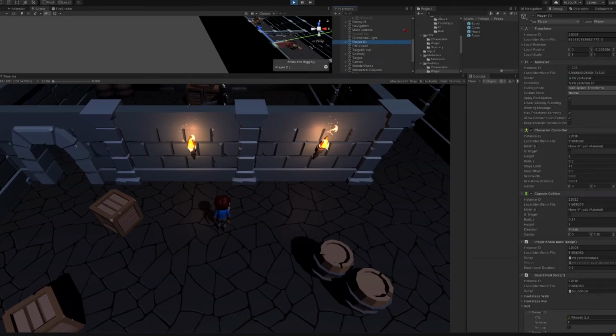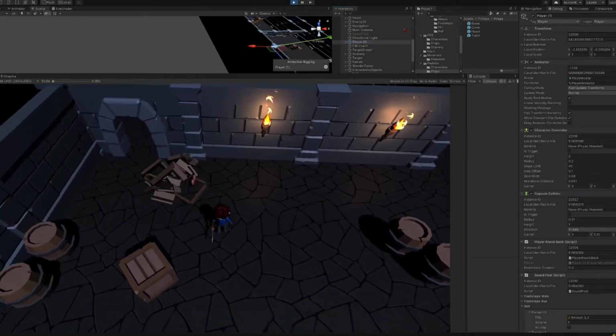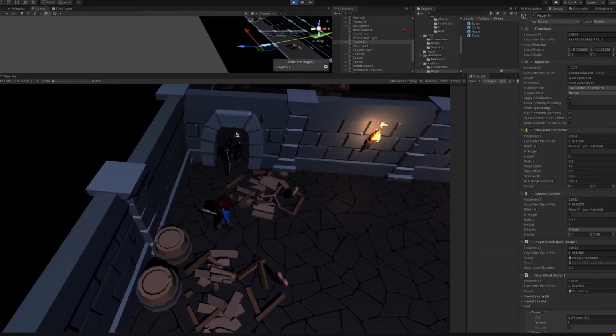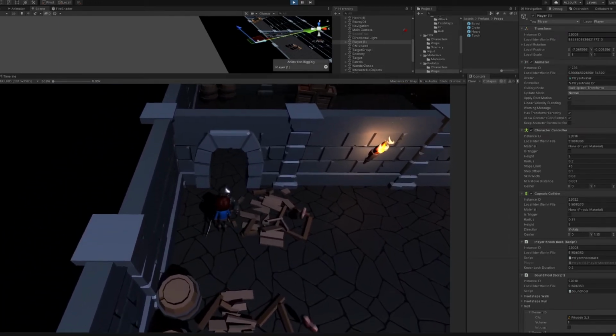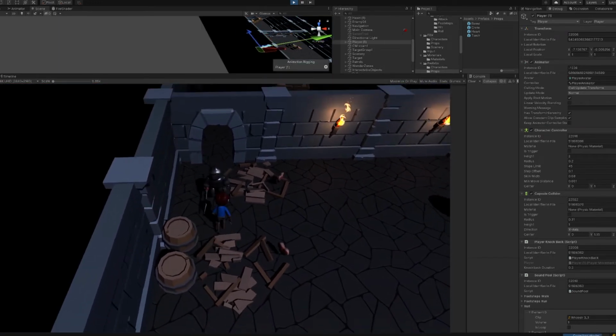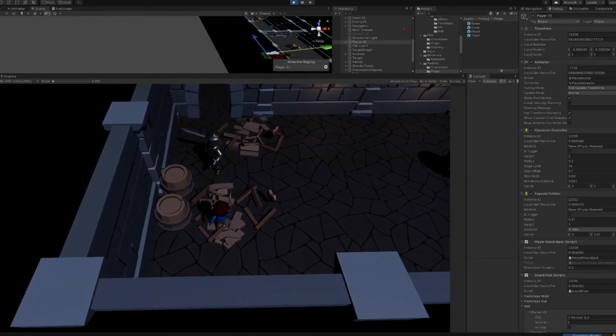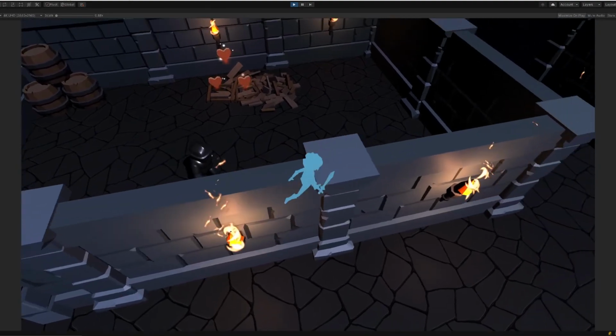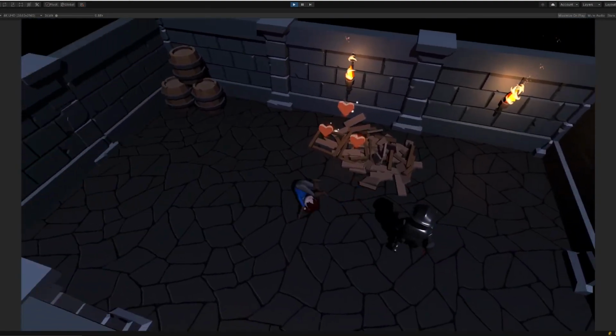Now, the crates have a probability to spawn a heart, and it also replenishes the character's health, but I think it was looking rather bland. I want to have the attention of the player whenever a heart is spawned. For that, I added some particles to the hearts. What do you think? And also the enemies can now break crates.